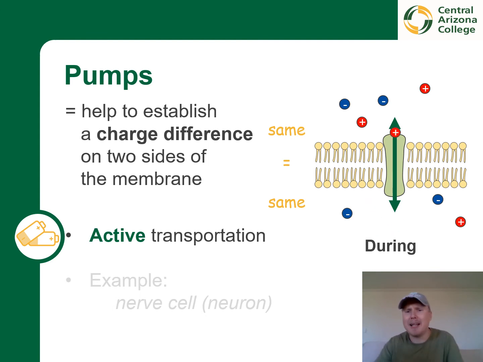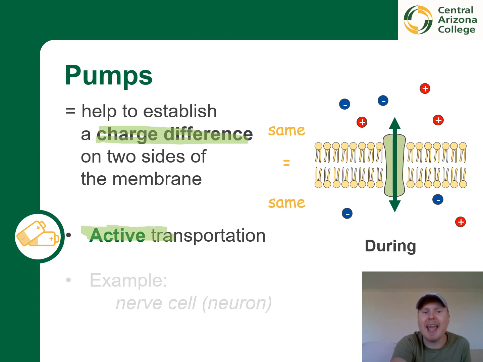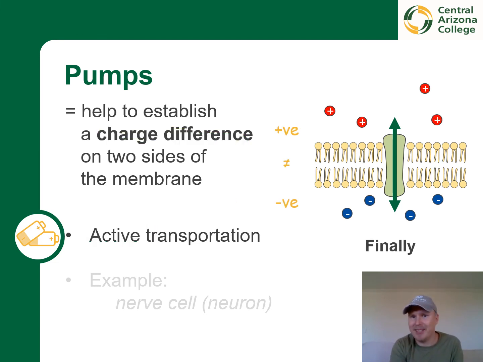Well, sometimes we do not want this balanced state. Instead, we might want to establish a charge difference so that in the end, one side is more negative while the other side is more positive. And because this is against what would naturally happen, this requires energy. So there can be one or many pumps, and eventually we have this difference in charges inside the cell and outside the cell.